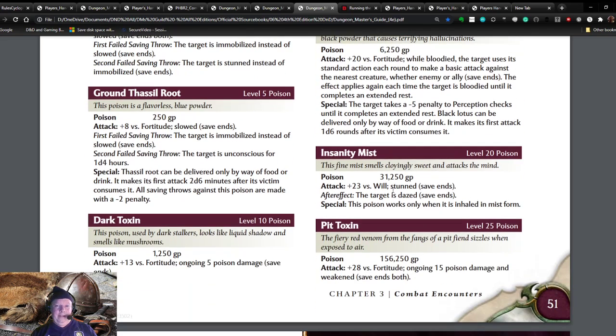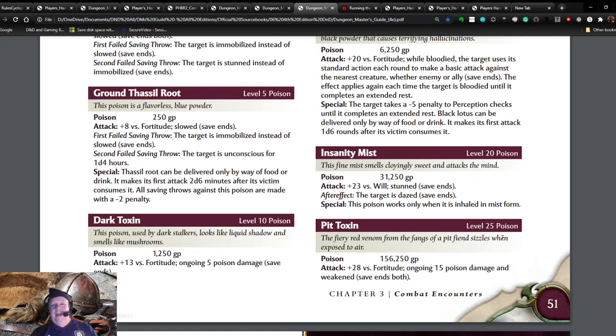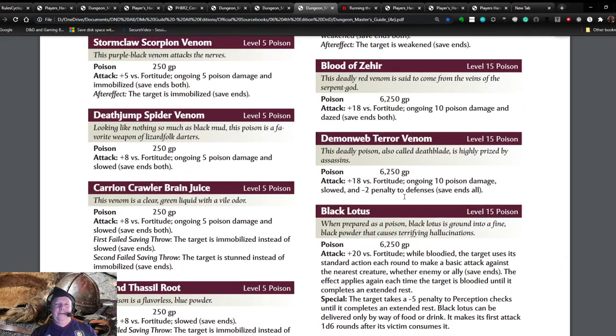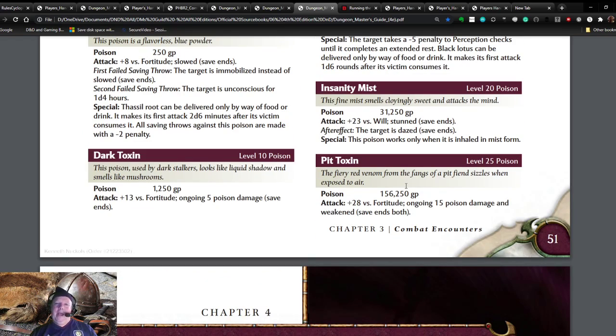Insanity Mist. I think you had to be in tier 2, which was 11 through 20. There were 3 tiers in 3rd edition, level 1st through 10, level 11 through 20, and level 21 through 30. And then Insanity Mist, level 20 poison. You can see how these costs ramp up as the price goes up. And then Pit Toxin